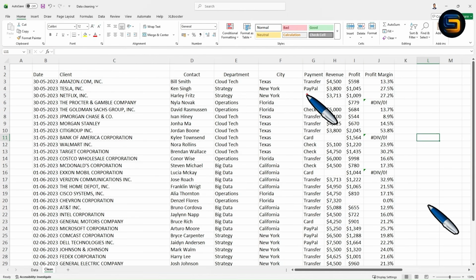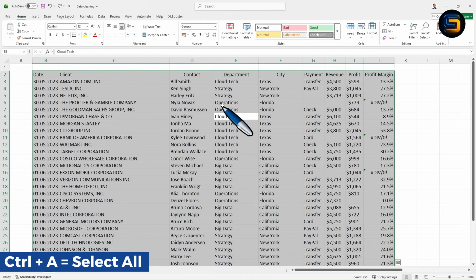Inside the dataset, there are some null values. We often call them blank values or blank cells. We need to fill these cells. If you fill them manually in this way, typing NULL, it will be time consuming, right? So instead of this, what you can do is select the entire data with Ctrl A, so the data set is selected.